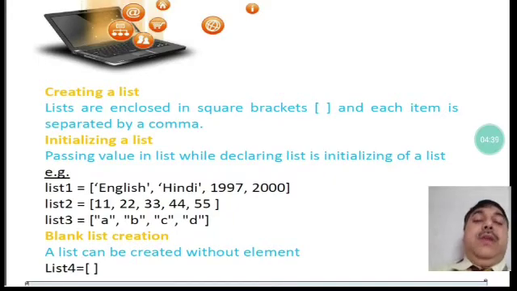You can use double inverted commas also; that doesn't matter. But a number will obviously come without any inverted commas. Next, you can see List4, which I have given. Nothing is there, so that is a blank list.